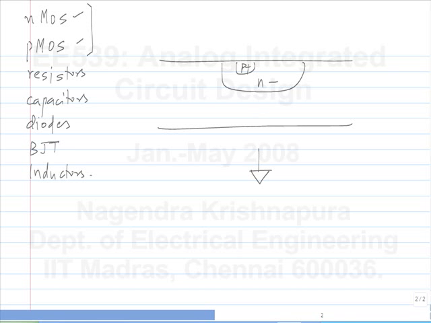Between the P plus and the N minus, you will also end up with the other diode, which is actually a larger diode to the substrate. So you use this diode, but you will also have this diode in the picture. So that's a parasitic element that you cannot avoid.